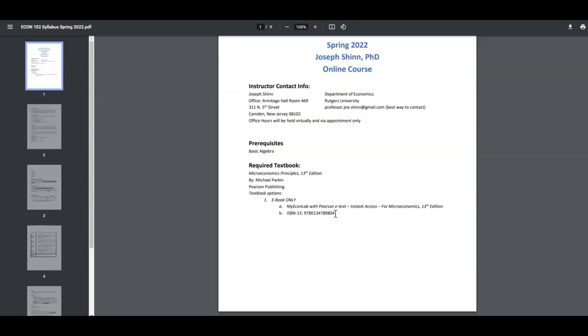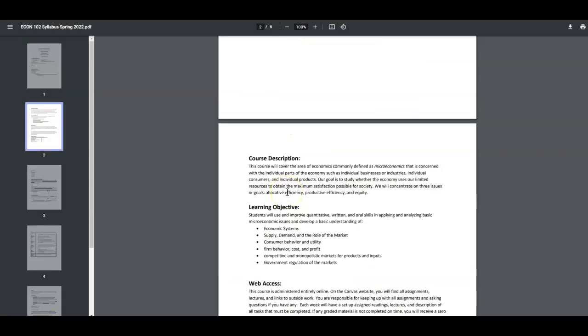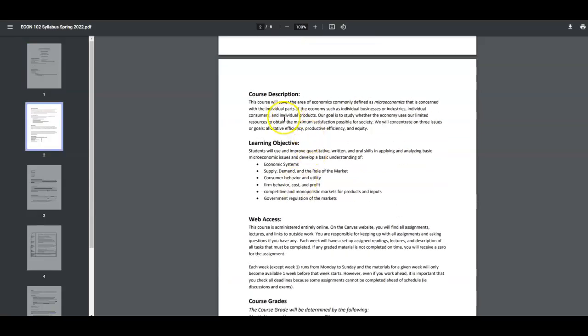Even if you do buy a used copy of the book, you will need to purchase access to MyEconLab. But I believe with MyEconLab, you will get the ebook included in there.